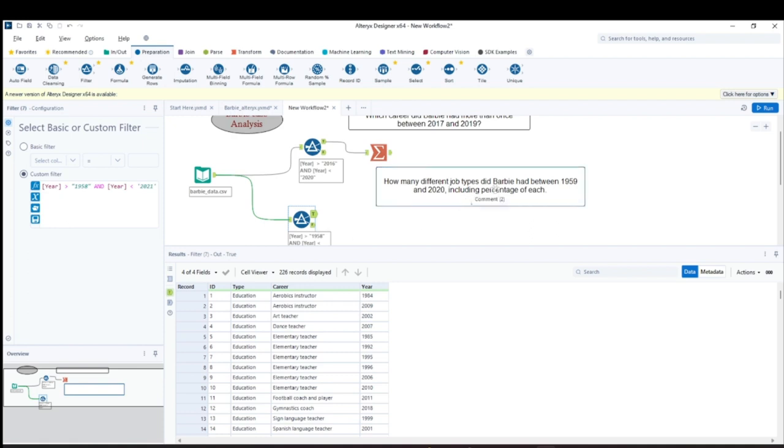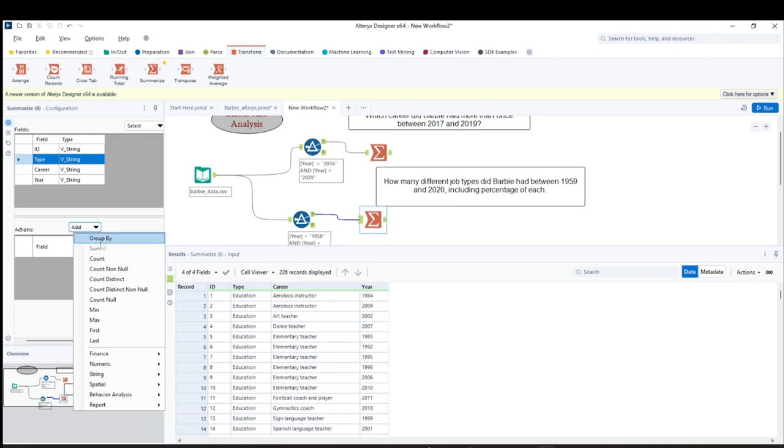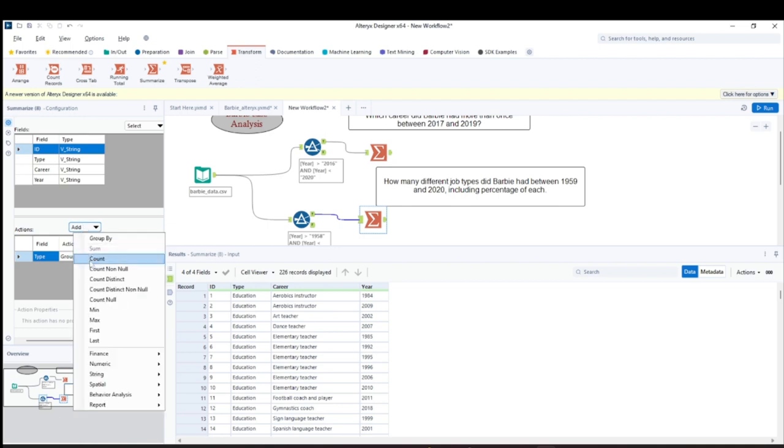Now what we got is the year. Now what we want is the jobs, right? For this, we've got one very useful function, which is summarize. We take the summarize again, and we will connect it with the true anchor. Now this is asking me what to do with the summarize. I'll say, okay, take the type of the career, and group by the type, and take the ID, because I want to know how many different job types. That means the number I want, so I take the ID and I take the count of it.